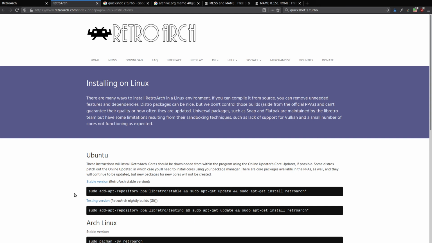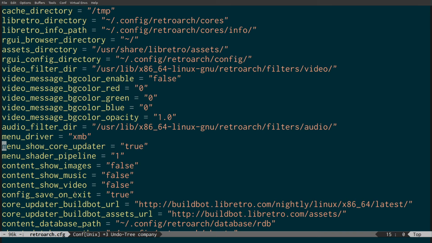And basically, as I said, I just use sudo apt install retroarch. That installed everything, went through, updated. Again, we need to change the configuration file. After you run the updaters, you can just escape, come in, and edit the configuration file, change the menu show core updater to true,